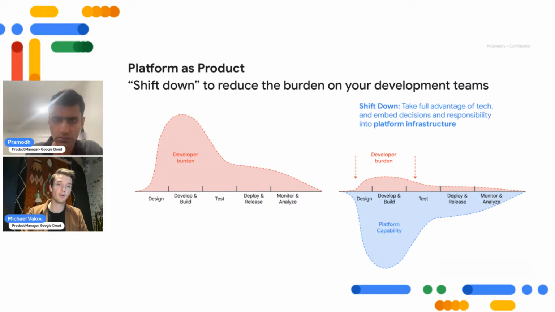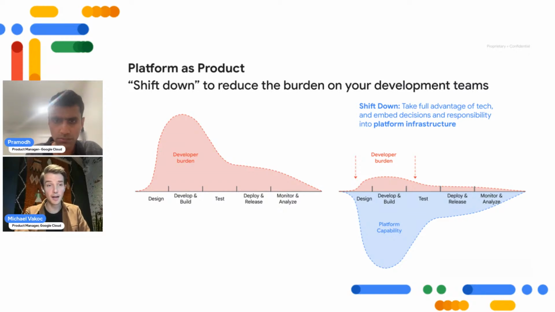But that just doesn't scale, right? So what we argue at Google Cloud instead is that it's time to shift down. You should take advantage of all the tech platforms and their capabilities to free up the time and the capabilities of those developers so they can collaborate more, they can build more, or they can just simply try to have an 8-hour workday instead of working super long hours to fulfill all those never-ending requirements.